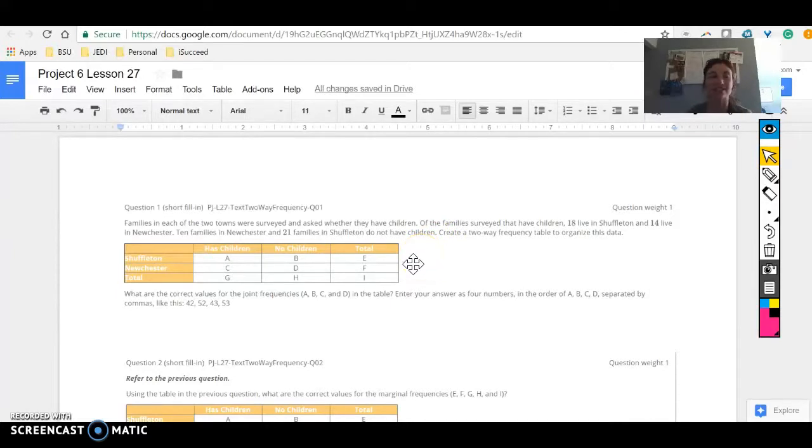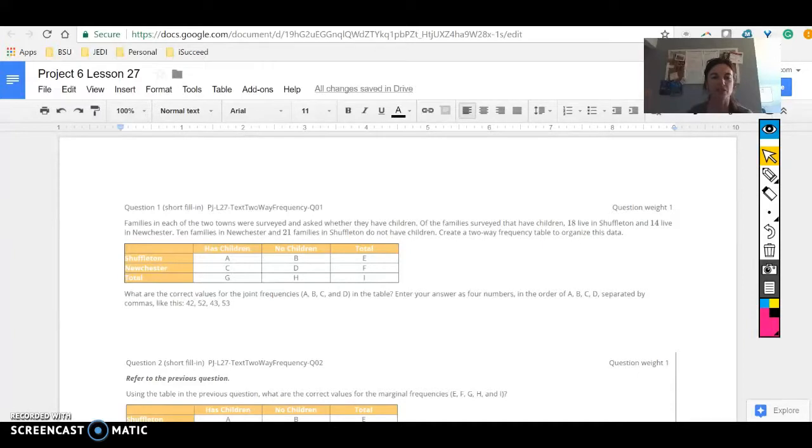So we're getting close. We've got 6 problems to go through here, and all of them involve the same two-way frequency table. It involves another witness protection program participant. In this instance, an innocent witness, Javon, and his family are being placed in a witness protection program. Javon wants to move to a town where there are lots of other children for his kids to play with. The program officials have narrowed their placement options down to 2 towns, Shuffleton and Newchester. Use your knowledge of two-way frequency tables and statistics to determine which town is a better placement for Javon and his family. Okay, so for question 1,